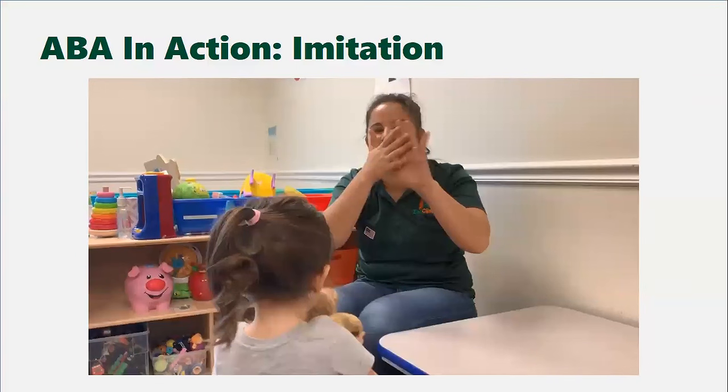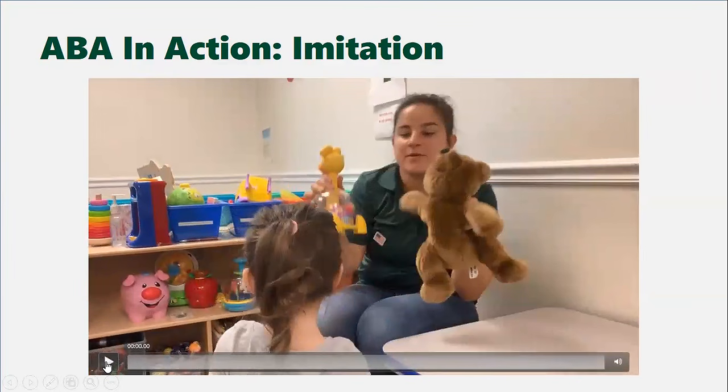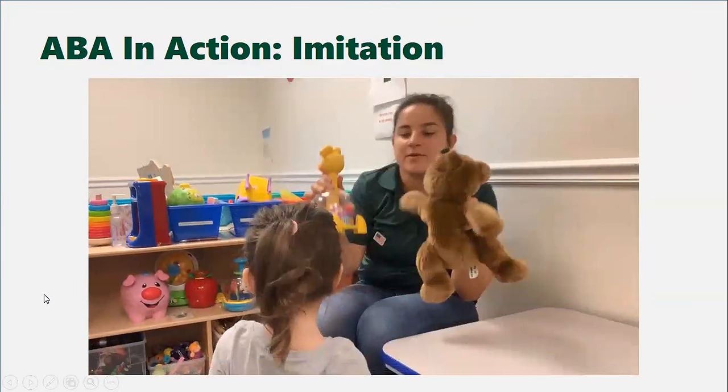So again, you see that Anna gave her the opportunity to pick what reinforcer she wanted at the beginning of the session, and then she gave her the opportunity to imitate. And then when she did imitate, Anna rewarded that behavior by giving her access to that toy that she chose. So we're using the Skinner operant conditioning. You reinforce the behavior you want to increase and provide positive, favorable consequences after it happens, in order to increase the likelihood that that behavior will happen again.